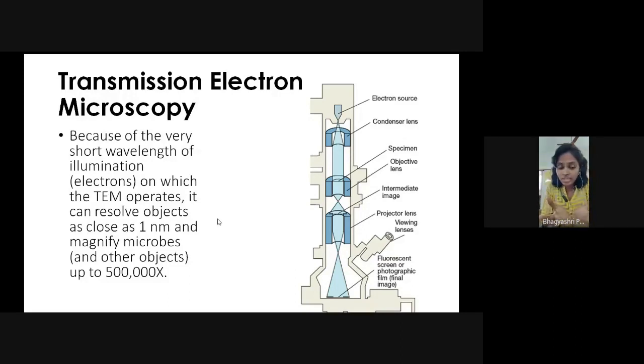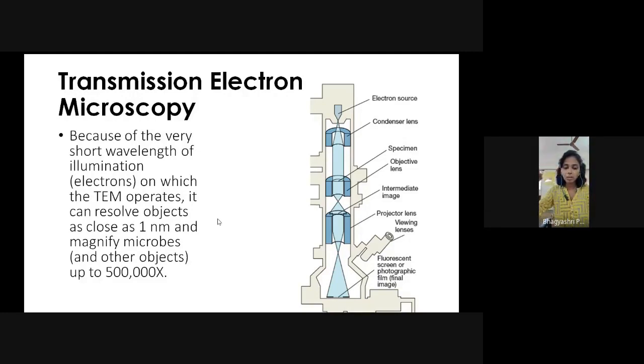So when you mount that animal cell under the transmission electron microscope, how to mount that we will discuss later. Just imagine that you have mounted a spherical animal cell under the TEM. So all the components inside that cell, all the smaller particles, the nucleus or other components of the cell,